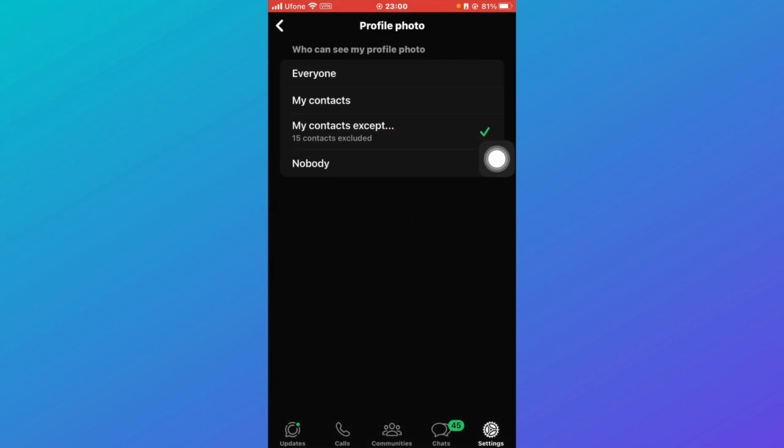And now here are four options. You can just select who you wish to see your profile photo. You can either select everyone, my contacts, my contacts except, or nobody. So everyone means that you can allow anyone who has your number to view your profile picture, or you can select my contacts, so that all of your contacts would be able to see your profile picture, or you can select